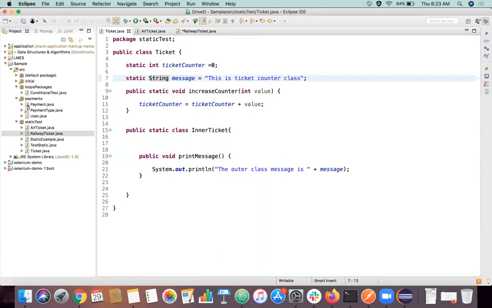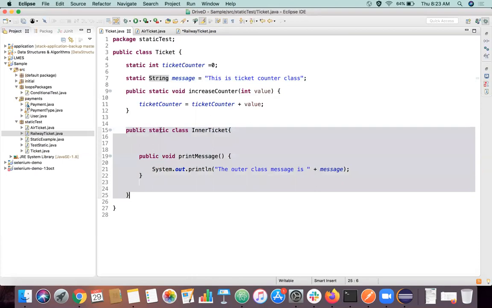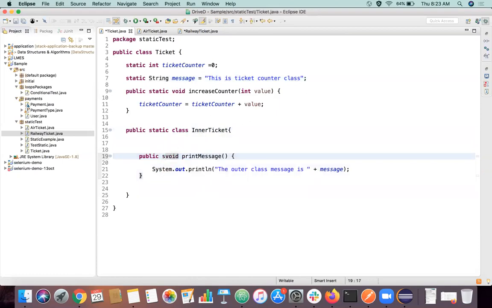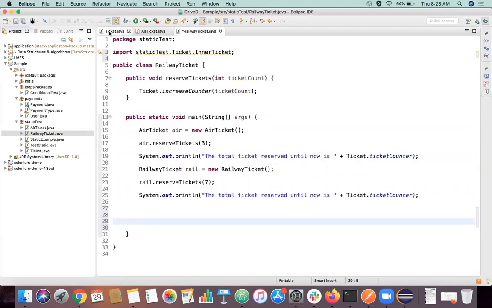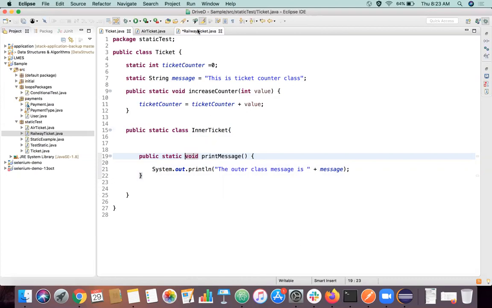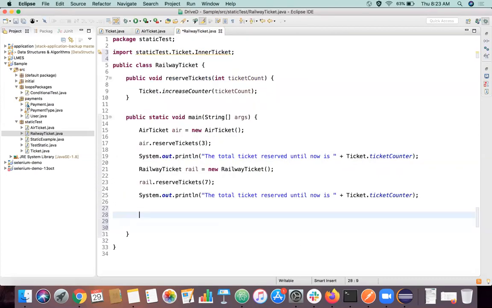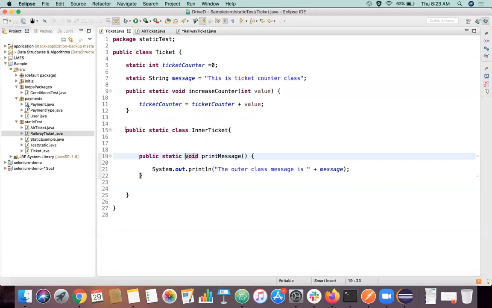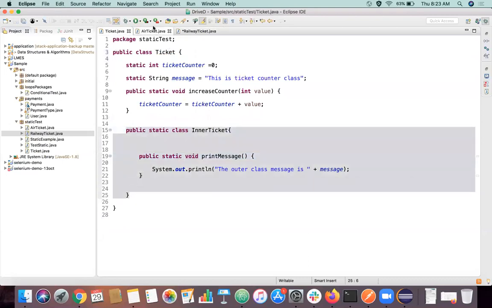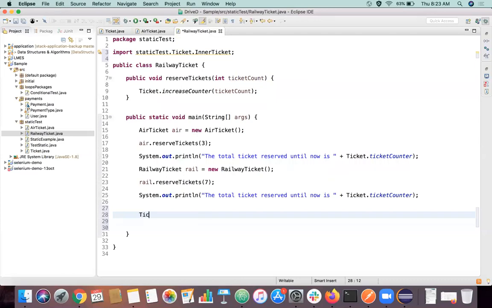So what happens is, you cannot declare the outer class as static. You can declare an inner class as static actually. So I'll just change this method to static as well. Then I can call this class directly without creating an object. Let's say this inner class is a static class which is available in the main class ticket, right? I just go ticket dot inner ticket's inner class dot. So we have that static message, right? So we can directly call it like this also.